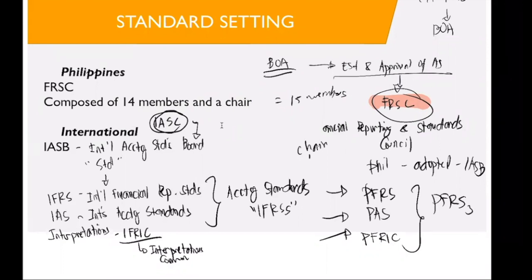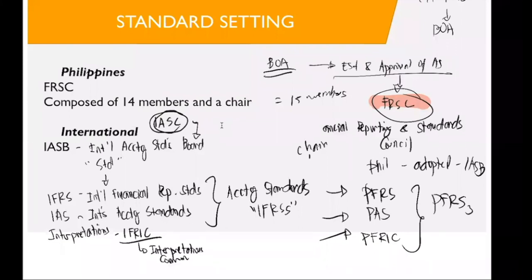So IFRS makes an equal opportunity for each country to adopt the same standard. Having the same standard, the application of accounting across the globe will be better, more efficient and effective, because we apply the same standard among all countries,